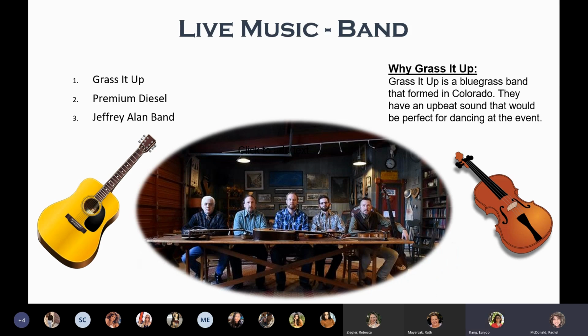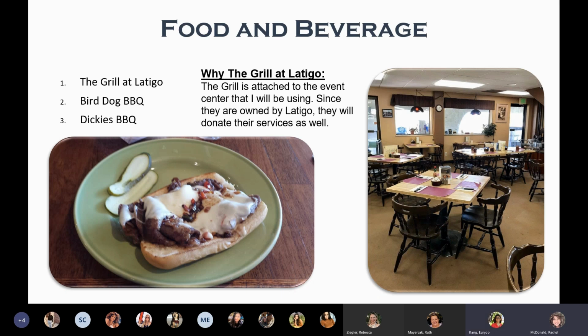The live music that I chose was Grass It Up. They are a bluegrass band that formed in Colorado, and they have a very upbeat sound. So I thought they would be perfect for dancing, because that is the hope, that throughout the night there'd be some dancing. And then food and beverages, I chose the Grill at Latigo, and the reason I chose this